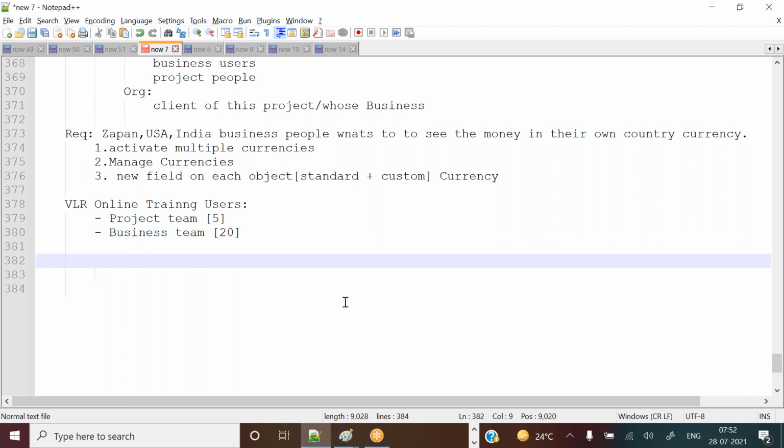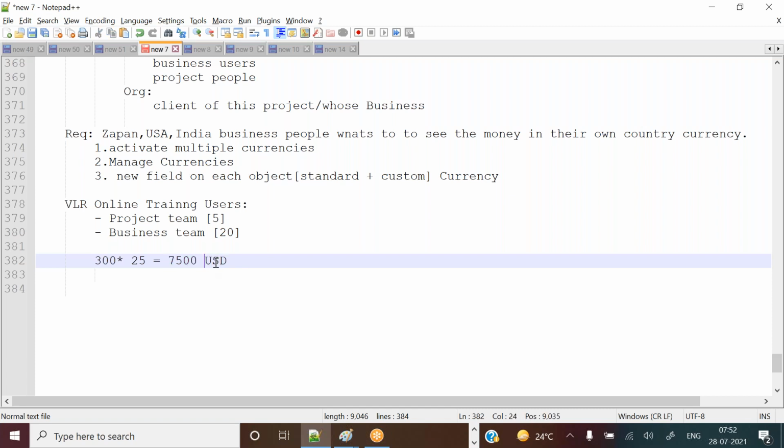25 users means, see, Salesforce licenses, right? $300 into 25. So it goes like how much? 7,500. Okay, USD. 7,500 US dollars into rupees means how much?